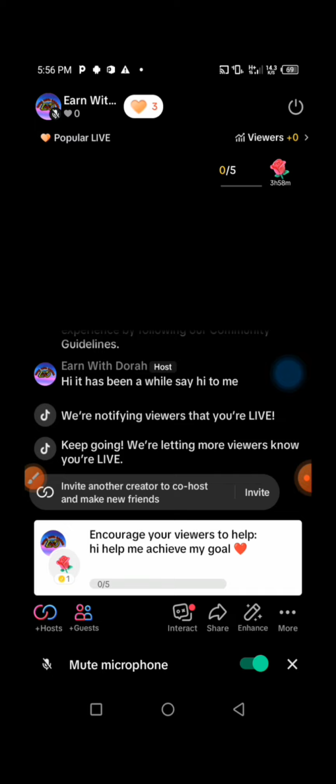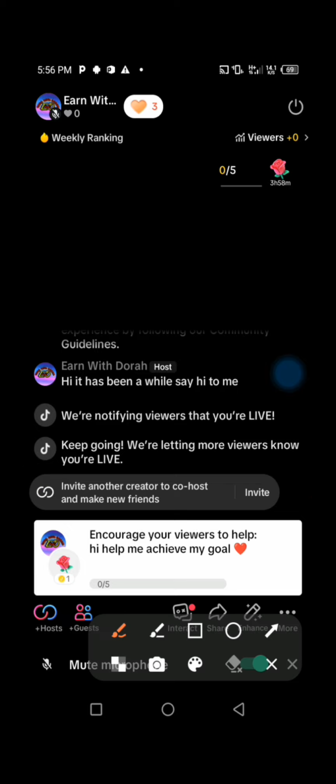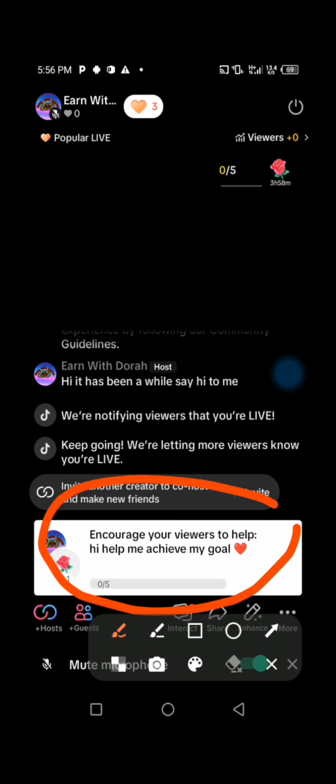your live goal will be pinned in your comments so that everyone can see the live goal and they gift you on TikTok. The more you pin your live goal, the more gifts you get, because once you pin it, every viewer on your live will be able to see the live goal and they start gifting you. Some viewers need to be reminded that you have a live goal, so pinning it in your comments will allow them to see it